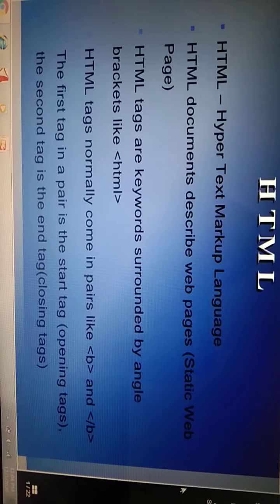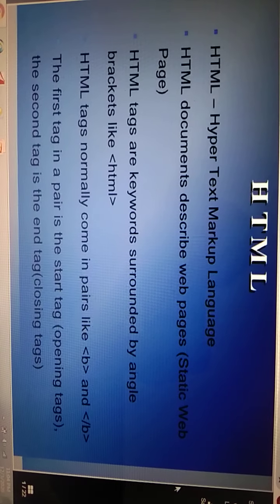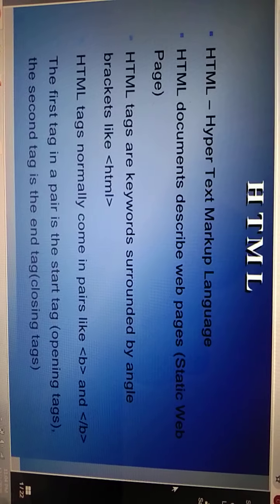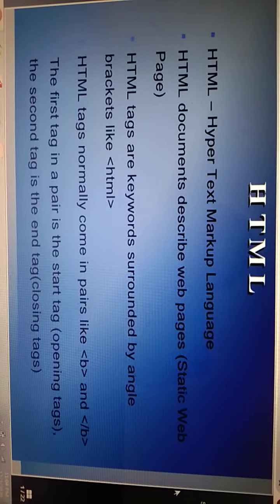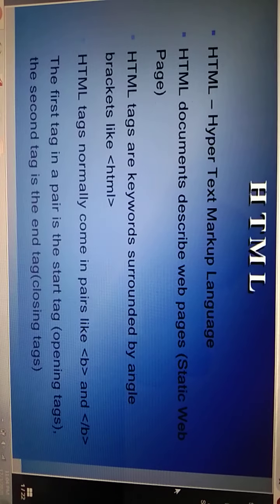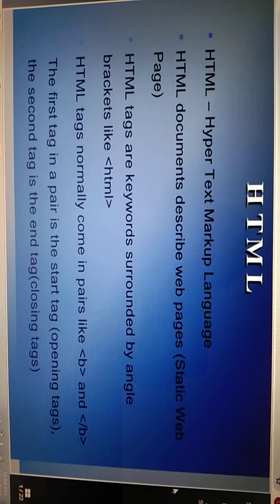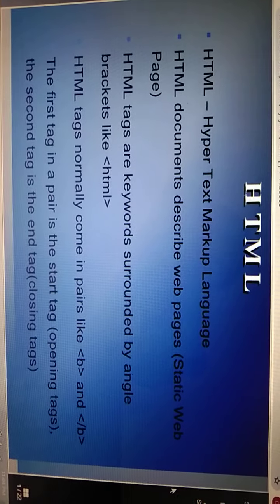Always remember, the first tag in a pair is the start tag, which is called an opening tag. The second tag is the end tag, which is called a closing tag. So HTML contains two types of tags: the opening tag and the closing tag.